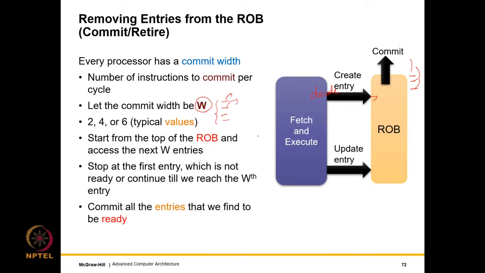So now coming to the commit, the commit process is entirely in order, which basically means that we keep inspecting the entries earliest first, right? And we stop at the first entry which is not ready. So if it's not ready, we just stop there. So it's never the case that we commit an entry but an entry earlier than it is still there in the ROB. That never happens. And we stop when we reach the W limit, so we have a limit on how many instructions we commit per cycle. Alright. So we pretty much commit all the earliest entries that we find to be ready in program order, right? So we never skip any entry.